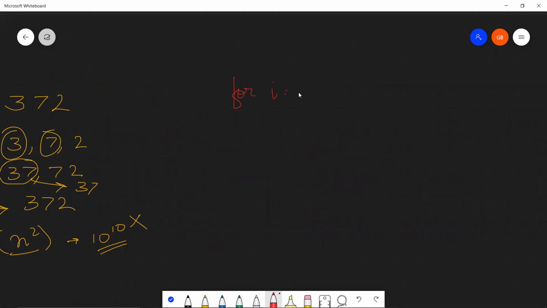So i is an integer starting from num dot size, the size of the number, till i is greater than or equal to 0, till we reach the first digit. Then, like I mentioned, we need to find the integer value of it, and check odd or even.